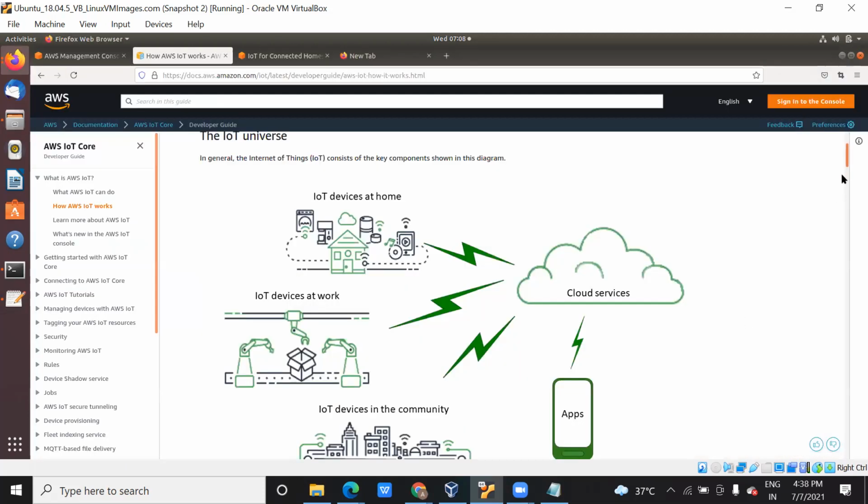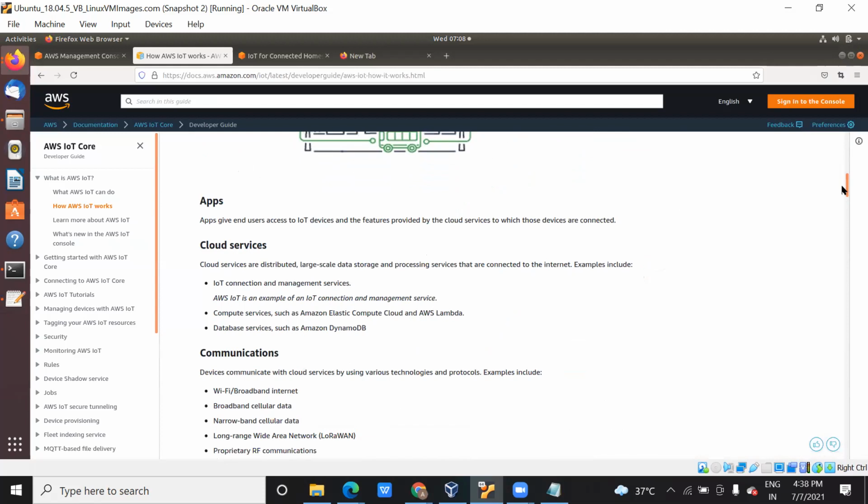I will tell you how we can do this. So I've shown you how you can connect the devices. Now inside these cloud services, IoT Core is one service of AWS that will help you connect the hardware devices. There are others also, like AWS Lambda and EC2.